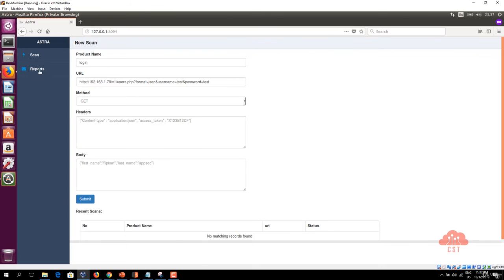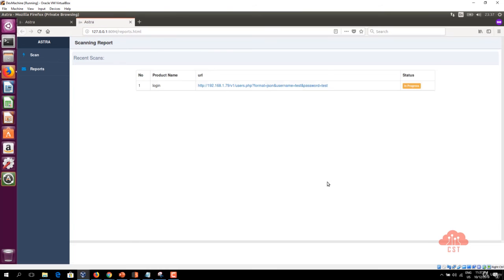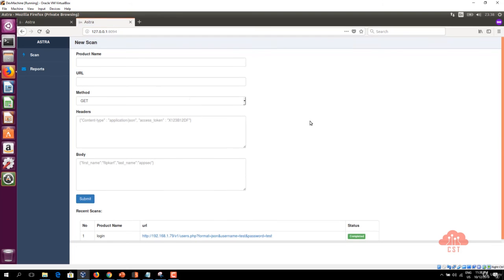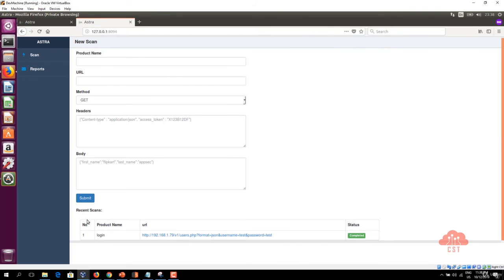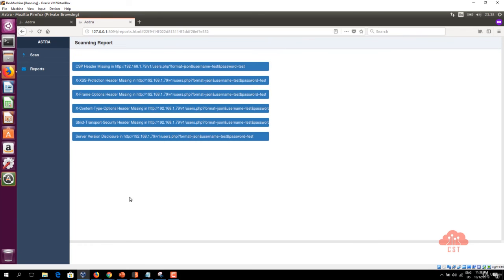We can now click on this reports button to see the reports associated with this particular scan. As you can see, the status is still in progress, so let's wait for this to complete. If you refresh, you can see that the status is now completed. So we can now go back to this scan option, and if you scroll down, there is one scan that is done here, and if you click on this link, it should show us the list of vulnerabilities that are